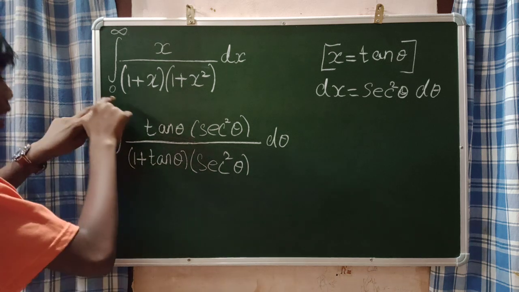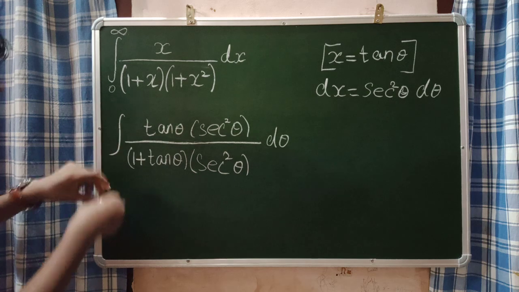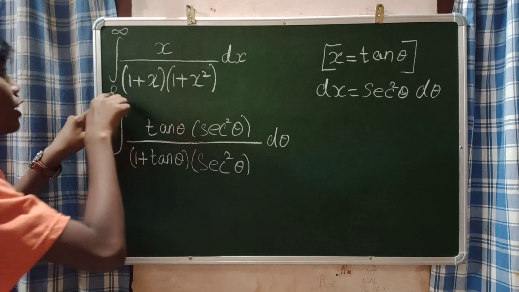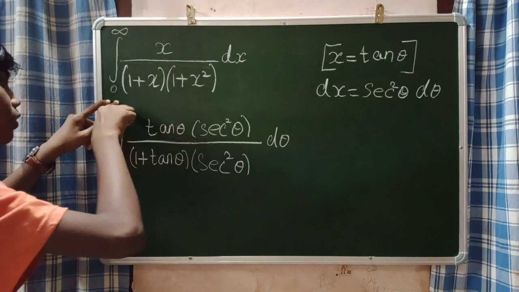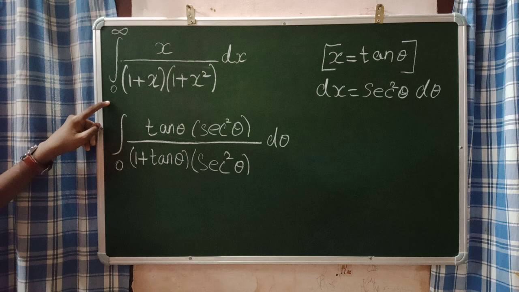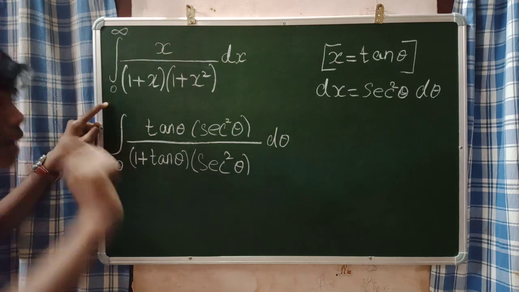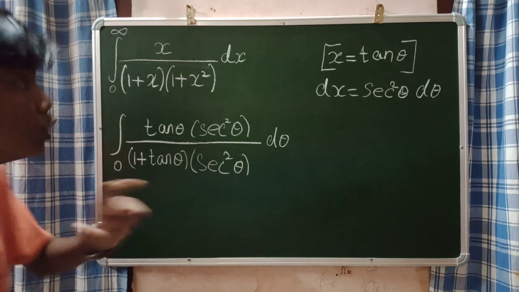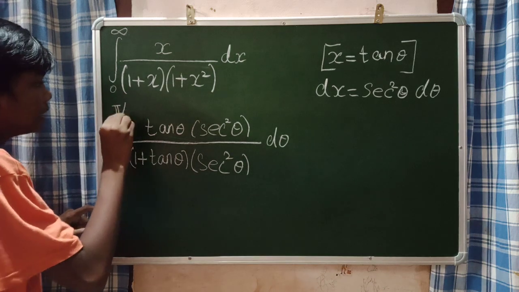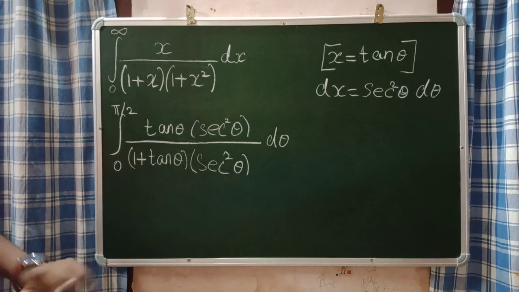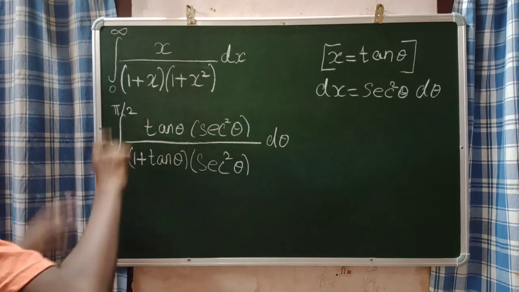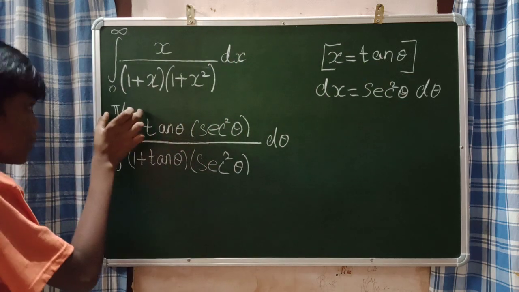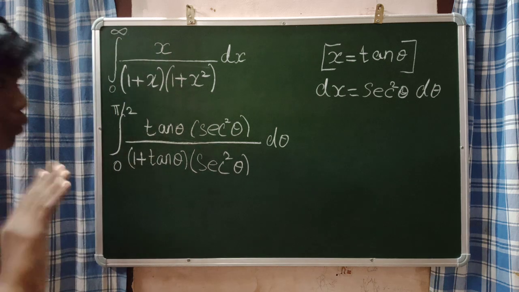If I'm putting x as tan theta, listen carefully to how the limits will change, guys. In the lower limit, we have 0. You will get 0 only if theta is equal to 0, right? Tan 0 is equal to 0, so the lower limit is 0. Then you will get infinity only when theta is pi by 2. Tan of 90 degrees gives us infinity, right? So pi by 2 will be the upper limit. This is how you should think, guys. The limit varies based on tan theta: tan 0 gives us 0, tan pi by 2 gives us infinity.